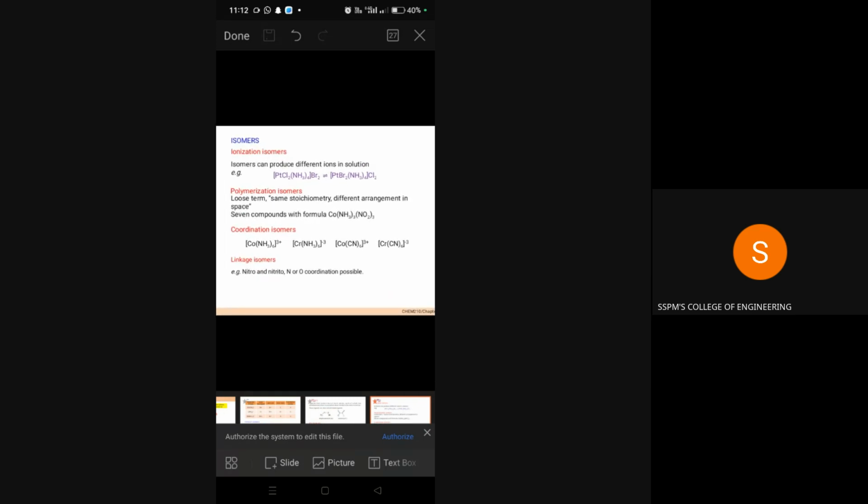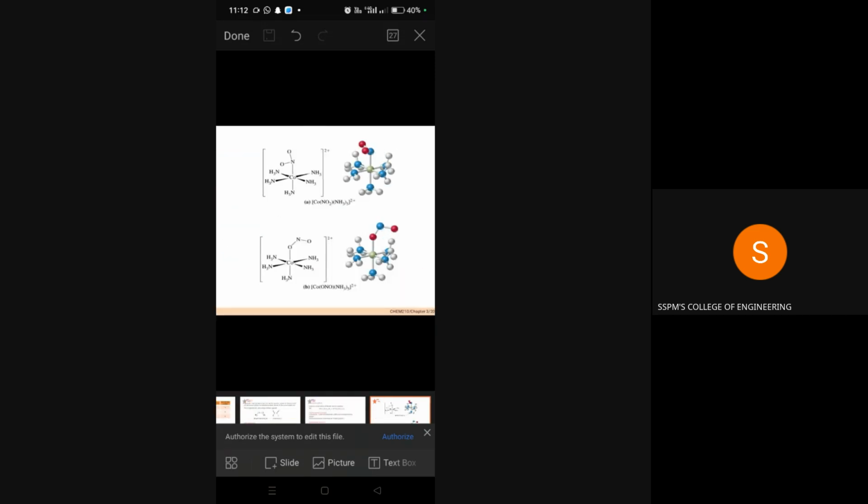Next concept is isomers. So ionization isomers, polymerization isomers, coordination isomers and linkage isomers. Isomers can produce in different ions in solution. So जे isomers असतील त्याच्यामध्ये तुम्हाला हे जे एक्झाम्पल दिले आहेत,